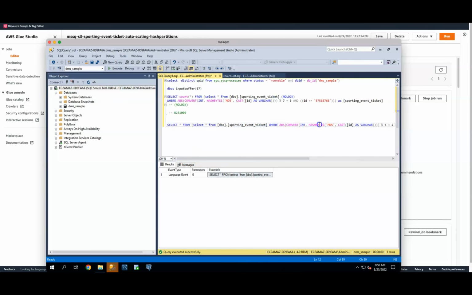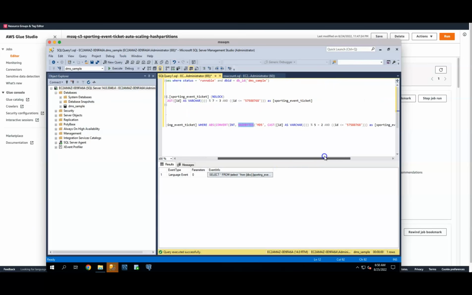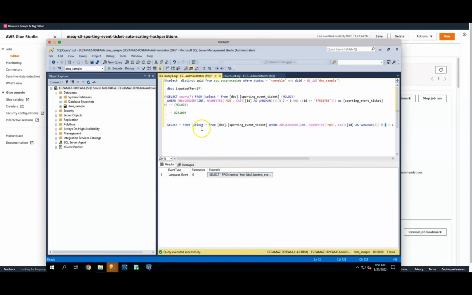It's doing the hash algorithm here, and then dividing by the number 5, so we are getting almost 10.7 million records. Because it's dividing all these 57 million records by 5, that many records are being